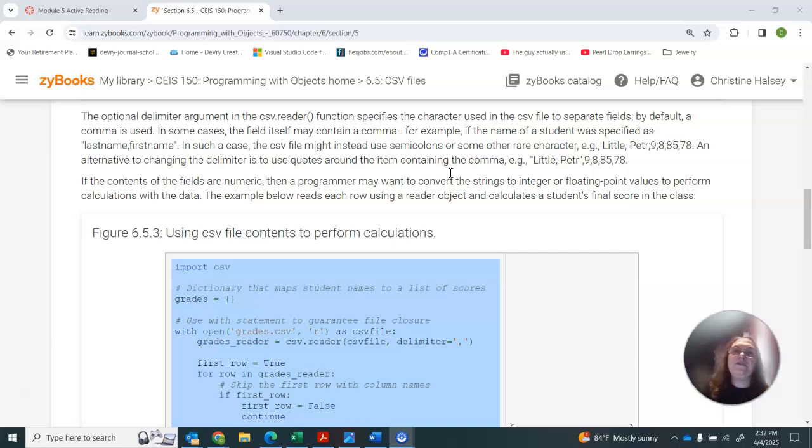In some cases, the field itself may contain a comma. For example, if the name of a student was specified as last name, comma, first name, in such a case, the CSV file might instead use semicolons or some other rare character. In other words,